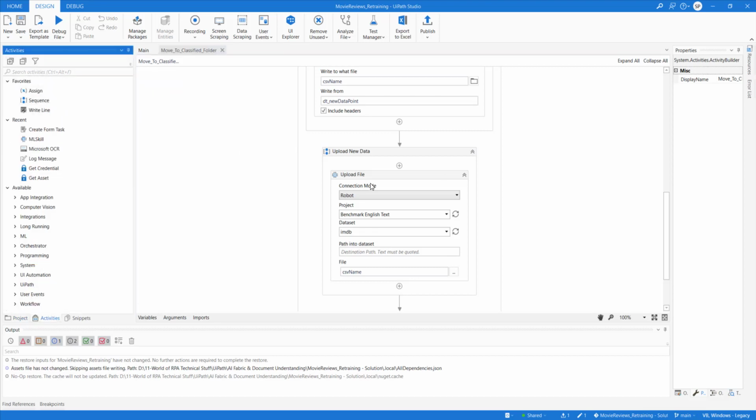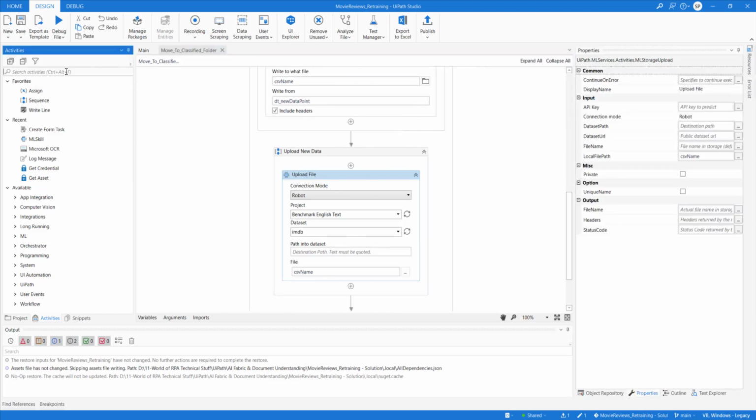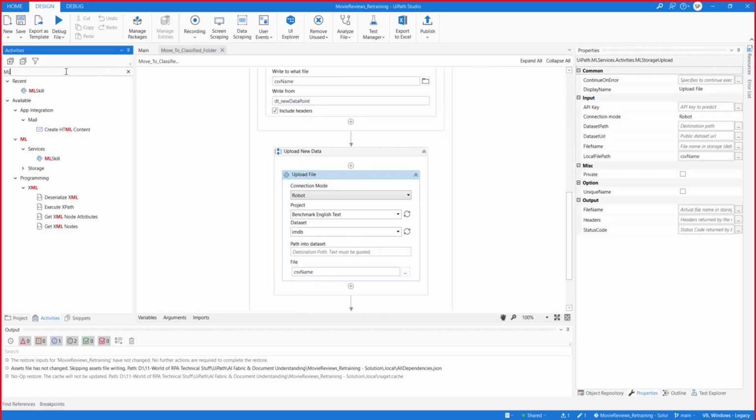If you look at this activity, it is ML Storage Upload, this one. So you need to use this.